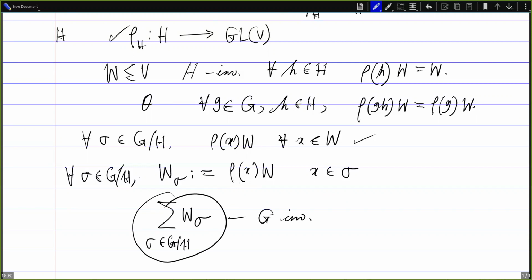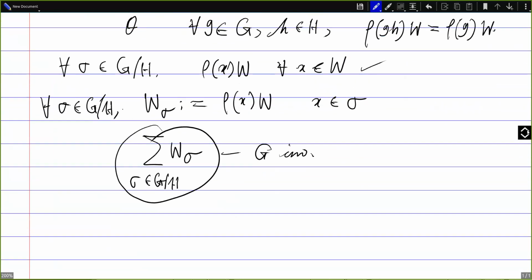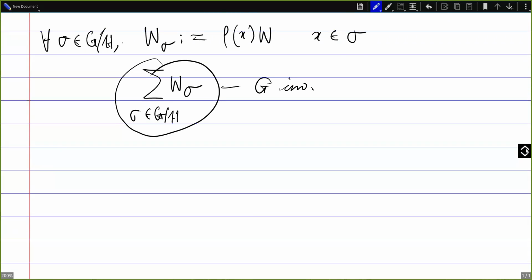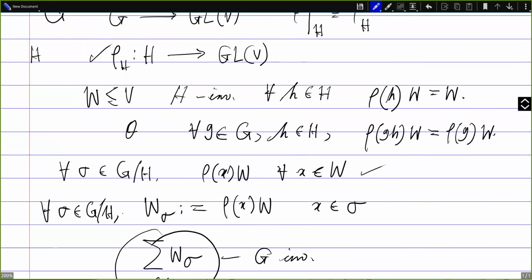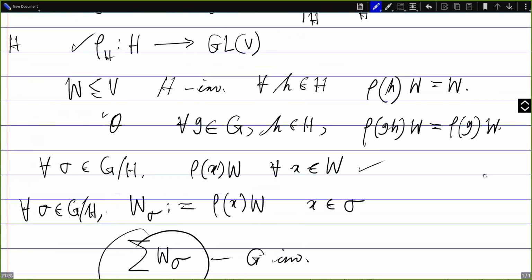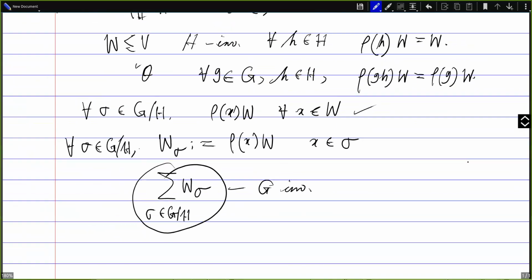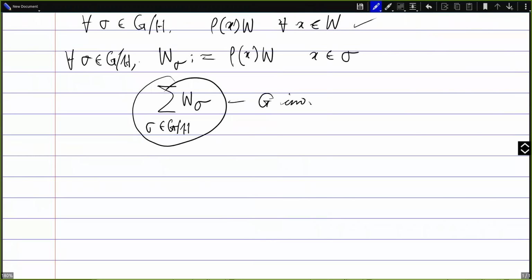Okay, so that we can talk, so that it is legitimate to talk about the sub-representation of rho on this subspace, which is a representation of the group G. Now let's define when we say that the sub-representation of rho H, theta, induces rho. So we say that theta induces rho, or rho is induced by theta